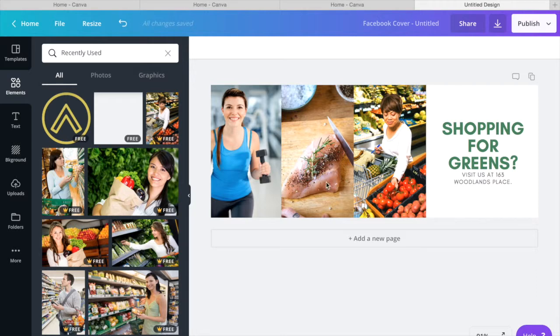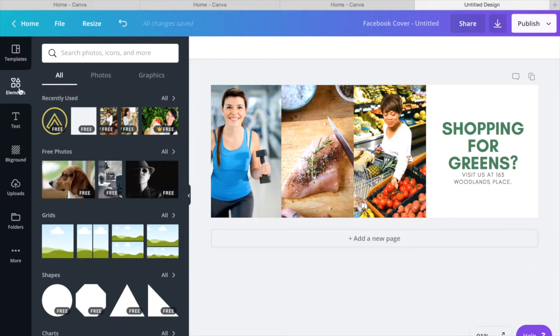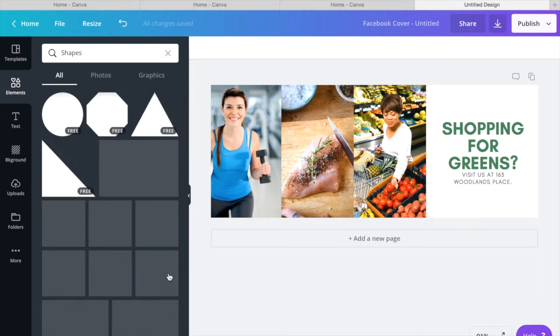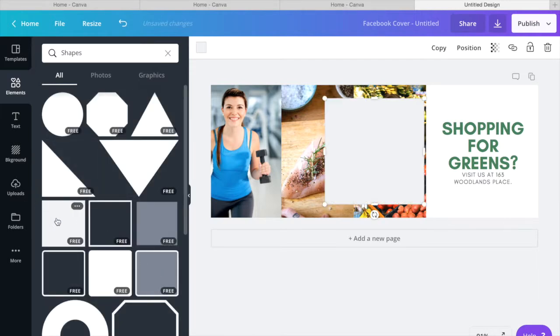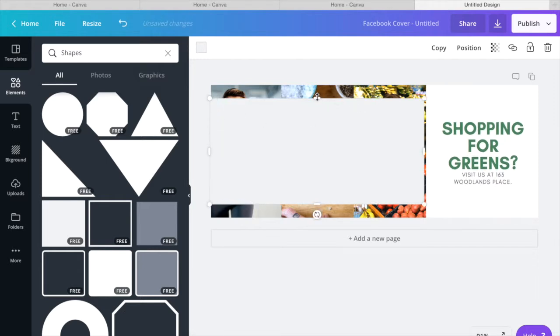Since all of these images right here are a little different in hue, I'm going to put a box over it and then make the box transparent. Now that's a quick and easy way to get all of them looking similar in hue. So I'll do that real quick by going back to Elements, X out of here, go back to Elements, and come down here to where it says Shapes, click All, select rectangular shape, and I'm actually going to have it